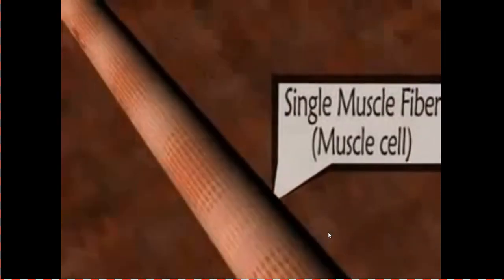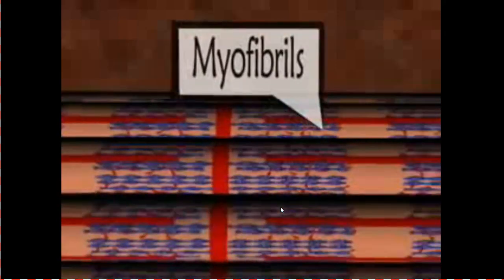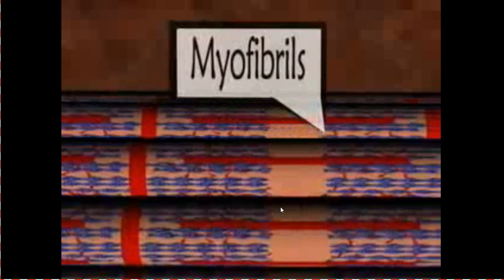Okay, and from there we'll pull out one fiber, and there is the single muscle fiber. And we can see inside that there are multiple smaller fibers, which we now know are myofibrils. And those myofibrils are broken up along their length by these red lines known as Z lines, and between the two red lines we call this one sarcomere. So as we pull across, we'll isolate a sarcomere,